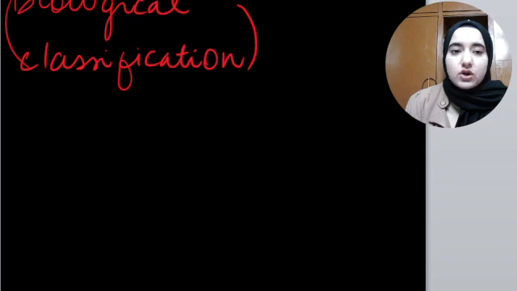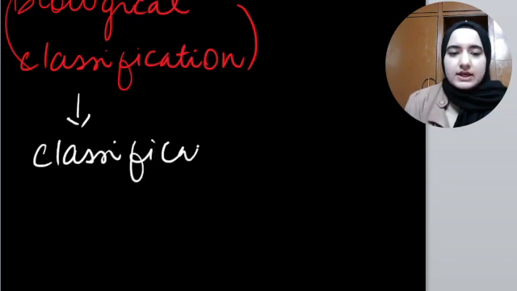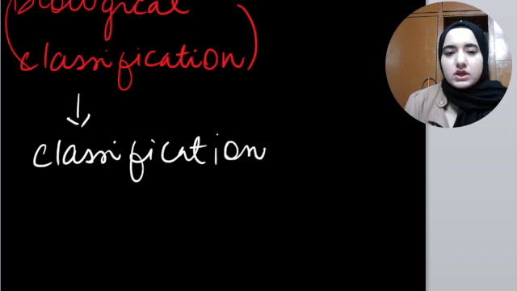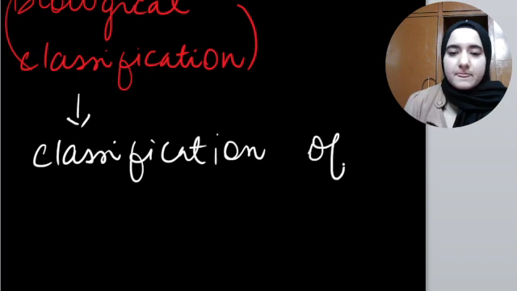Biological classification. What is biological classification? It simply means when we classify organisms, living organisms, on the basis of some characteristics. Okay, I'll write it down here. Classification, here we are talking particularly about biological classification. So we will classify living organisms. Classification of living organisms